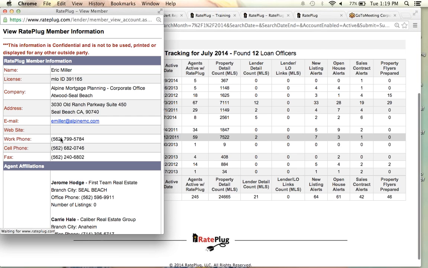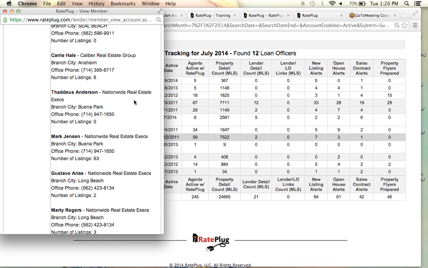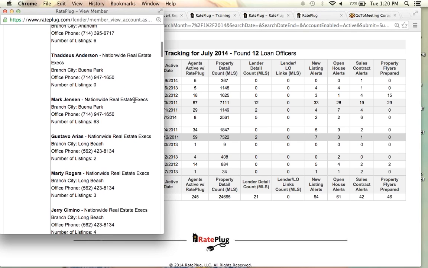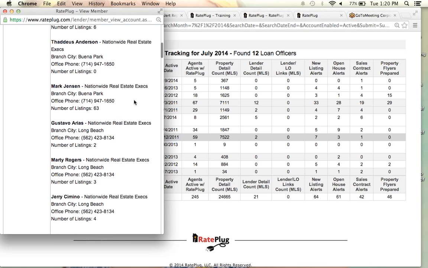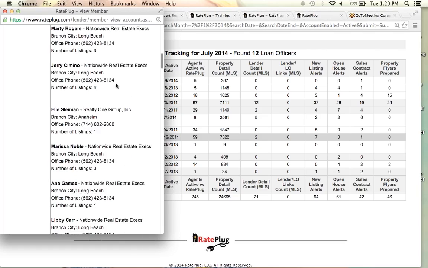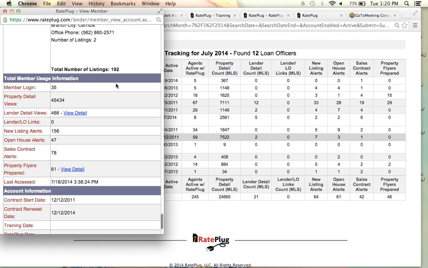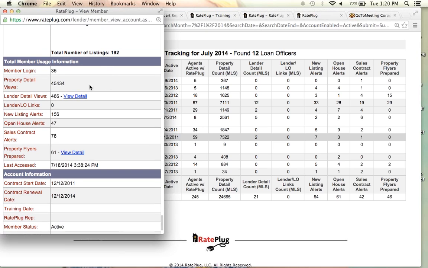You'll be able to click on Eric and say, okay, here's what's on Eric's account. Here's who Eric works with. Here are his agents. Here's the number of listings, so we can see whether they're producers, are they listing agents, are they buyers agents. Generally, we can figure out where these relationships are producing. 63 listings. He's got a nice agent going right there. But you can see that we give you the information on the agents that they're connected to,